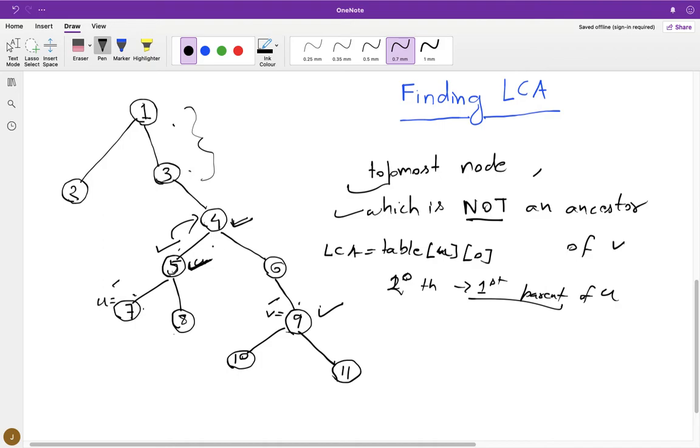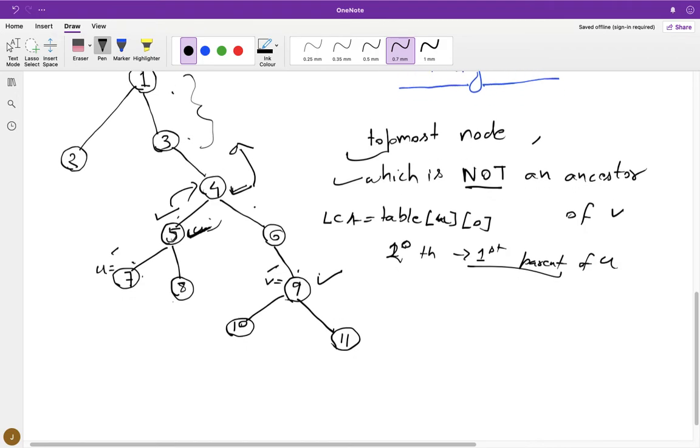If we go any further upwards, those nodes are going to be ancestors, and the immediate parent is going to be the lowest of those ancestors, which is going to be our LCA.